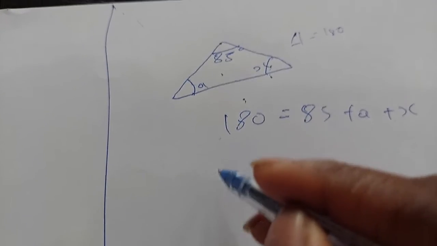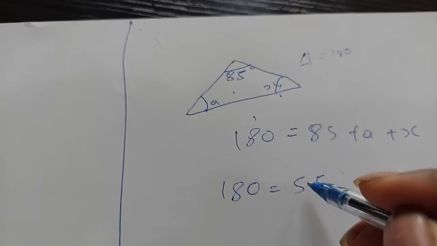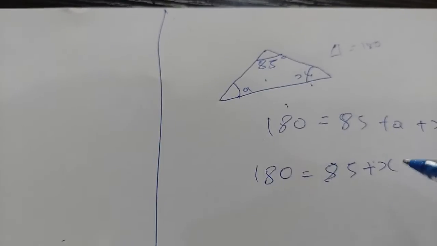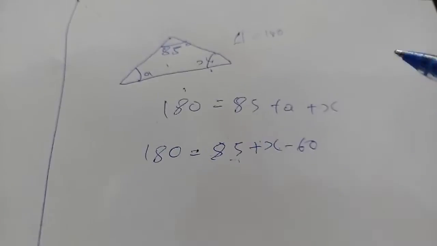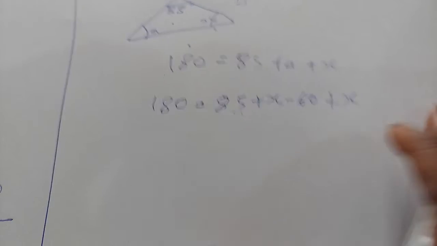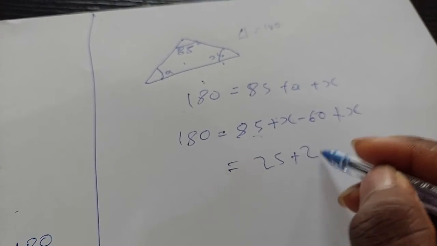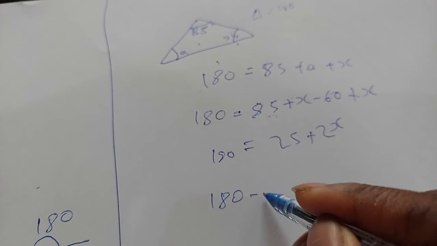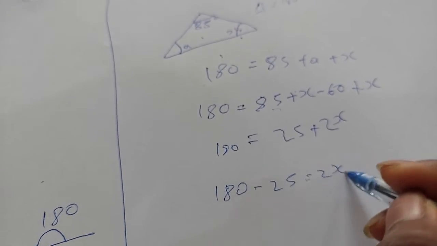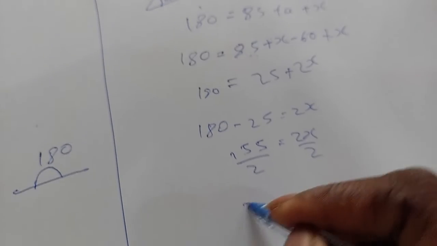But now that we have a value for A, 180 will now be equal to 85 plus x minus 60, because remember here we got A is equal to x minus 60, so we put it here. 85 plus x minus 60 representing the A plus the same x. Now if you do 85 minus 60, you get 25, and x plus x is 2x, and we get 180. We're now going to do 180 minus 25 equals 2x. 155 equals 2x. Divide by 2, x is equal to